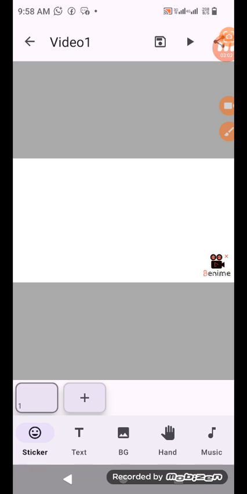Now, the text is where you put your text, which is also animated. Remember, it's whiteboard animation. Then this is the background, and you can change this background. As you see, it's white. You can change it to a different color, or even choose an image as your background. So let's assume you are doing something with education. You have already downloaded an image of a school or a classroom. You can use that as a background. That's what the background is all about.